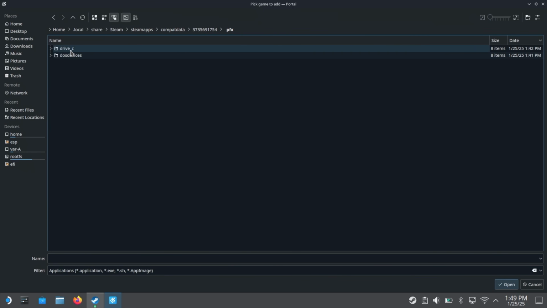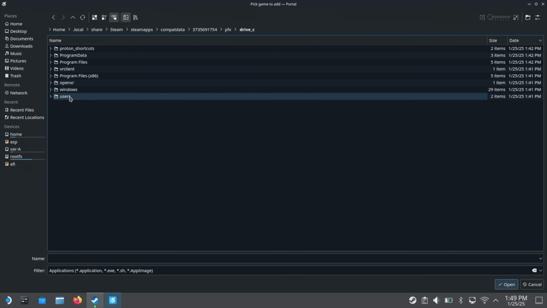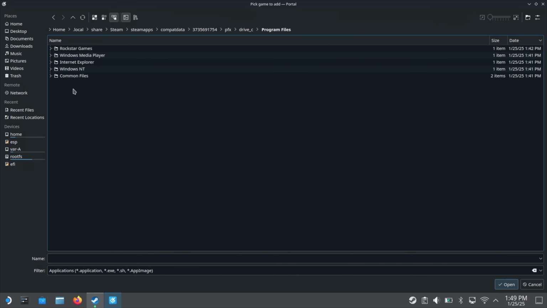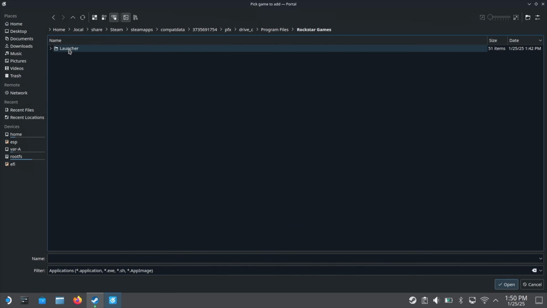So this is the folder that we're now going to be in. This is where Proton simulates the C drive in our Steam Deck. So we double click into it, and we will now need to go into Program Files, not Program Files x86, but standard Program Files, and then we need to go into the Rockstar Games folder, and then we'll need to click into the Launcher